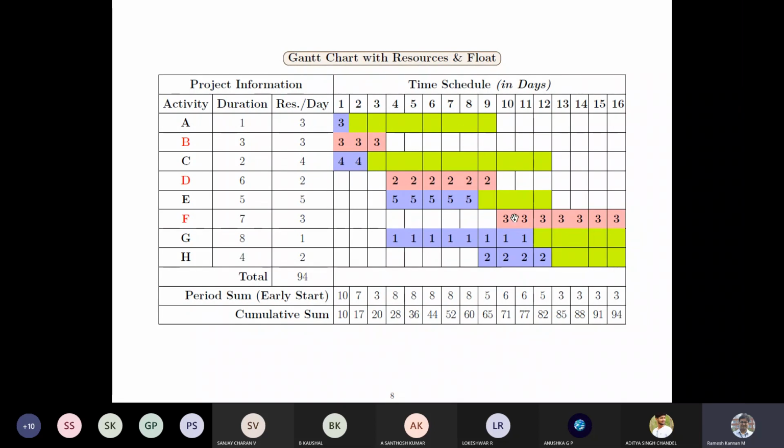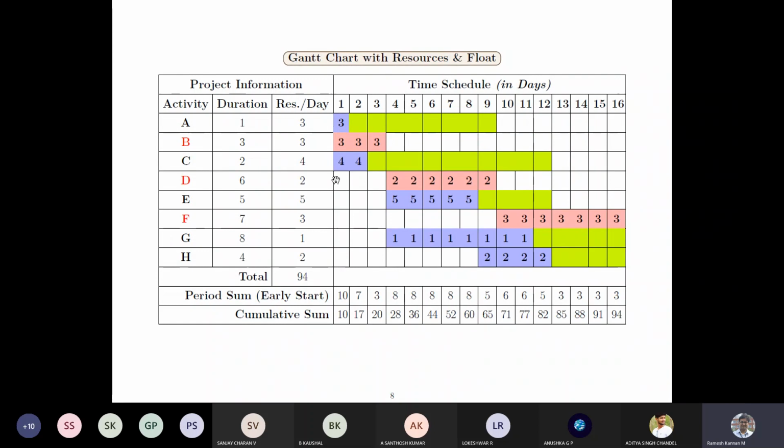make sure that when you move this, the dependency also has to be met, and that is how you have to move it. And for critical activities, you can see there is no buffer time, so it's a strict and firm duration, and the resources have to be met compulsorily. In the other cases, you can manipulate by moving some resources to the buffer duration, so that your project gets completed in a smooth manner.